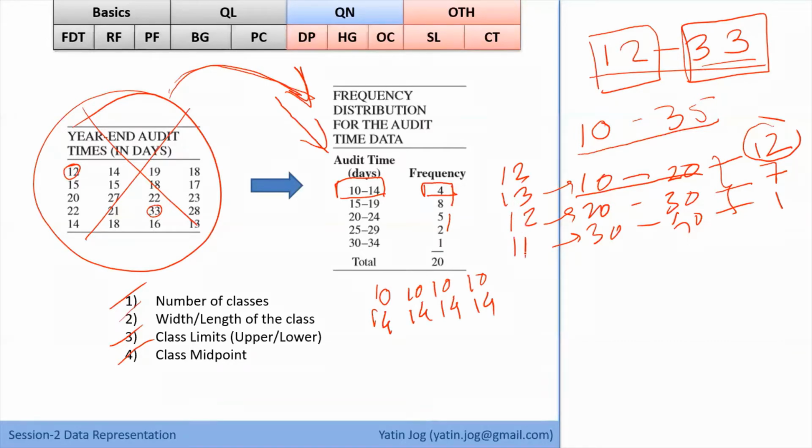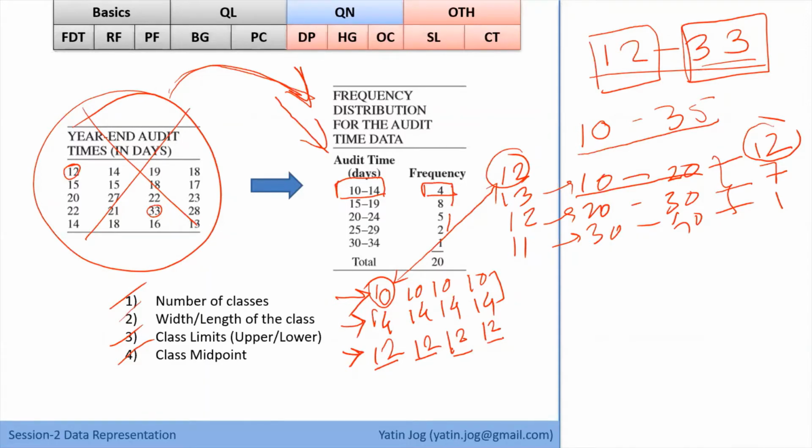If I take all values as the lower limit, or all values as the upper limit, the possible deviation of each item from the actual value is on the larger side. So how do we minimize this deviation? The third way is to consider the class midpoint as the observations. I'll consider all 4 observations to be present at the class midpoint, which is the middle location.